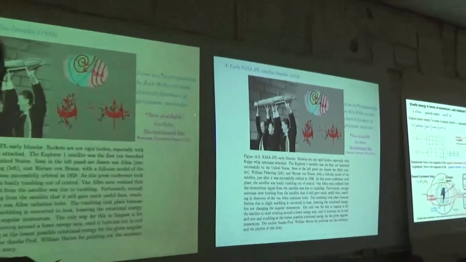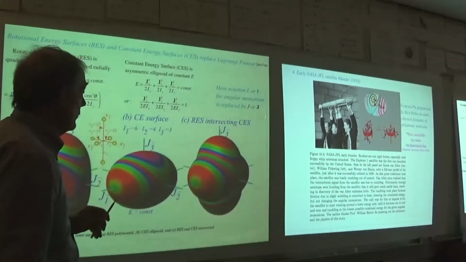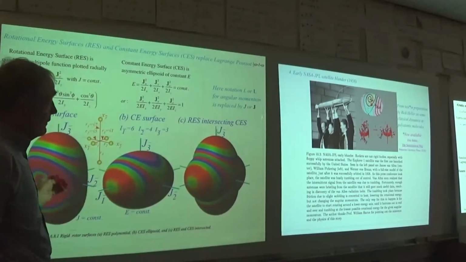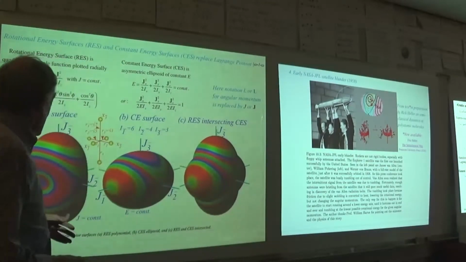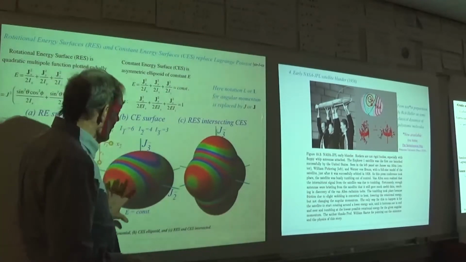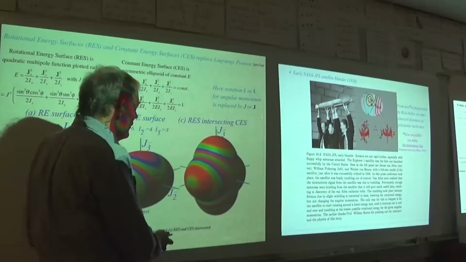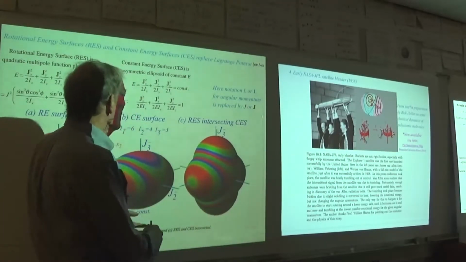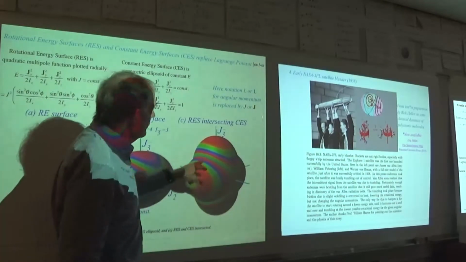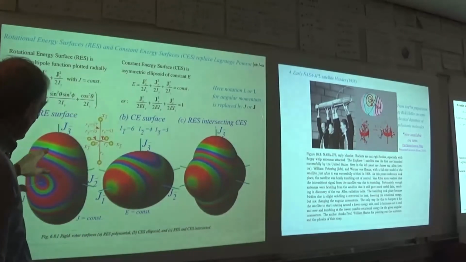So I'm going to end here, but there's a lot more to this, and these are things that we'll cover in the parts of the course that are coming up. This is what we call a rotational energy surface. This is what's called a constant energy surface. That's what the Russians used. Then there's an angular velocity surface that isn't good for much of anything, so the French lose on this one completely. These are intersections of these two, but this is the one where you plot the energy of the thing